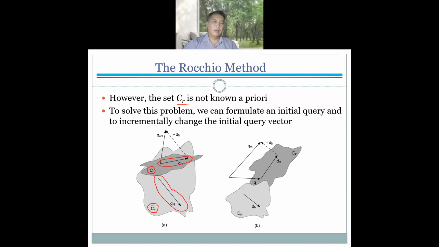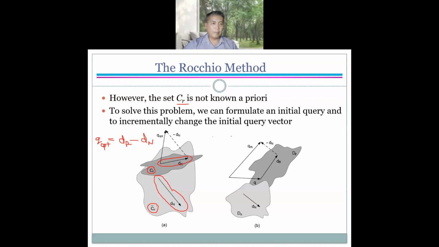Remember the formula of the optimized one: we have all the relevant documents, dr, minus the dn. This is the ideal solution. But if you have the query,